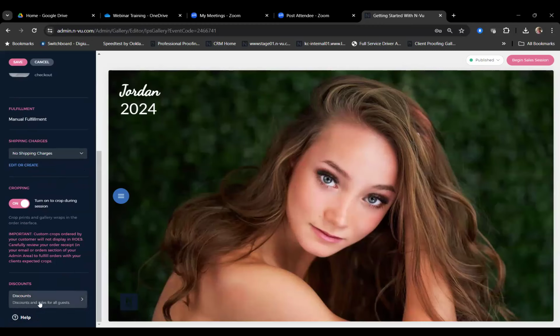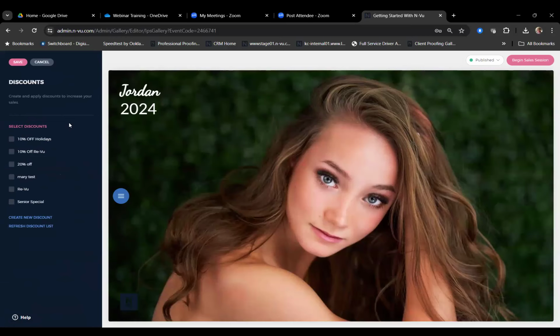And then in addition to that, discounts. So if you wanted to offer a discount, you have that option to apply that here for the sales session. You can create from this page. It'll take you to another page to create those. But